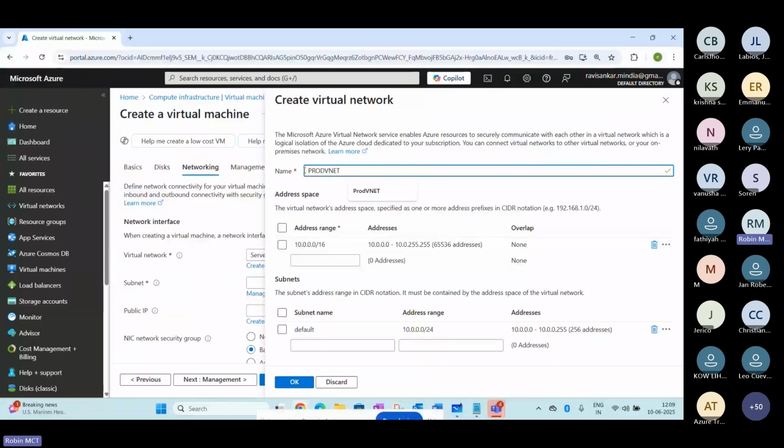Now, the address space which you are aligning here, whatever range you're going to use here, it's going to be the private IP range. Whatever IP address we are seeing, like a 10 dot or a 172 or a 192, that's the number we need to use here. In a real-time project scenario, we always try to use a class A IP address because that will give you more host ranges. Right now I'm using /16, so it's saying 2 raised to 16 IP addresses I can use. That means 65,000 IP range I can use here.